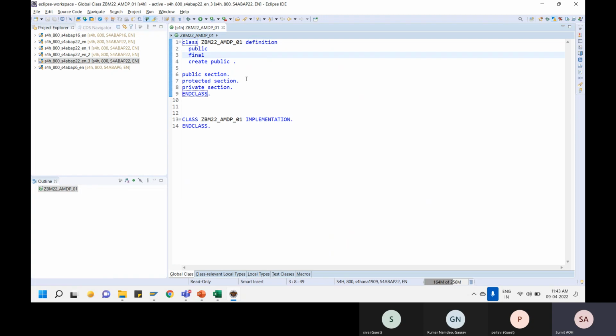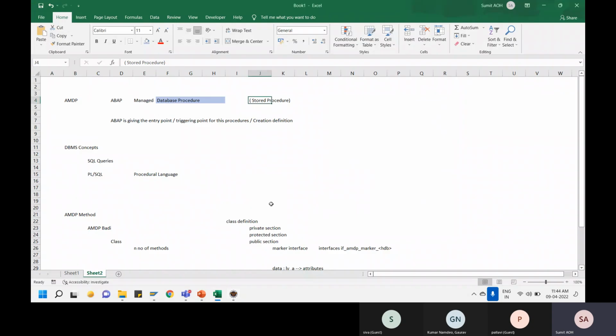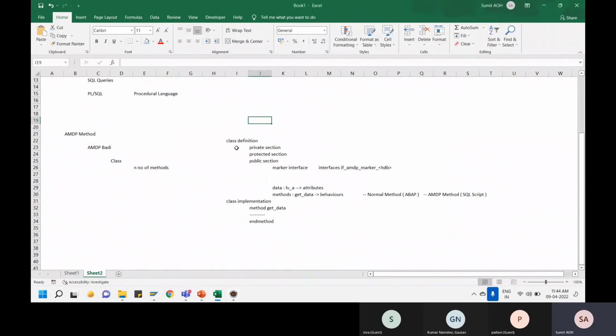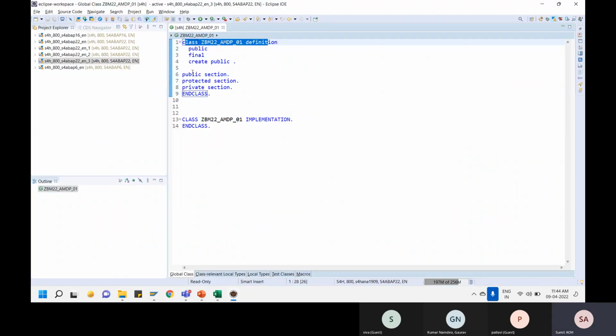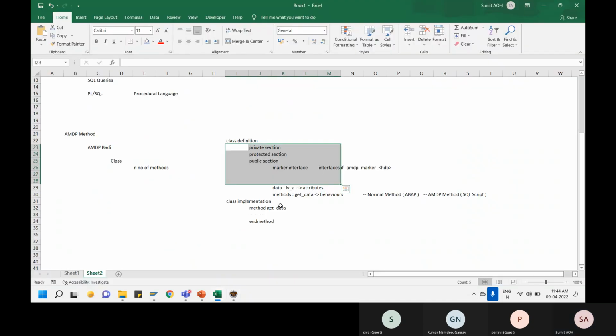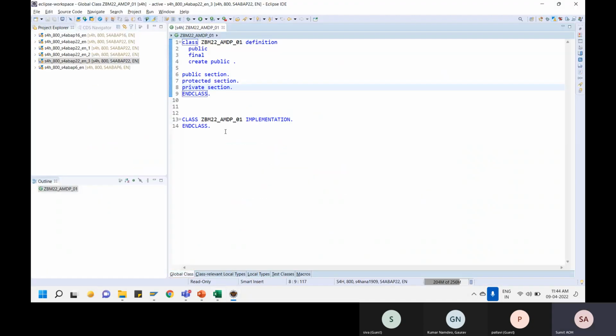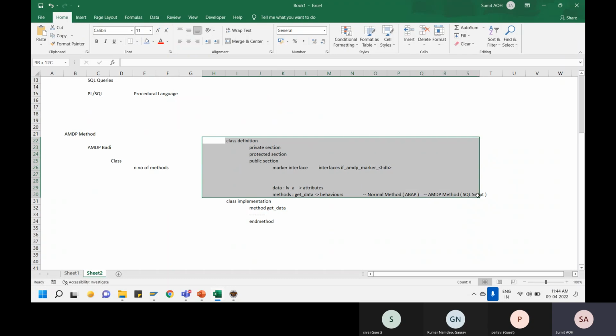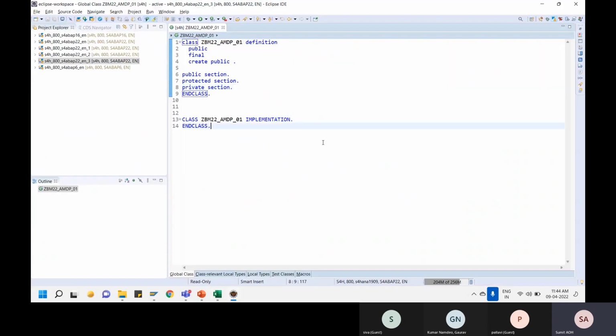And as you can see, it is having the same structure as we discussed. A class is having a definition, a class is also having an implementation, right? It is having multiple visibility sections, public, private, protected. And here we would be doing the implementation. On the top, we would be defining whatever we want to define. Perfect. Now, next thing we are interested in over here is converting this class into a